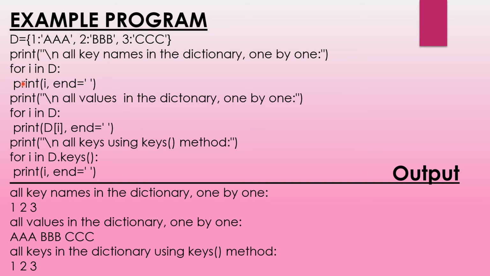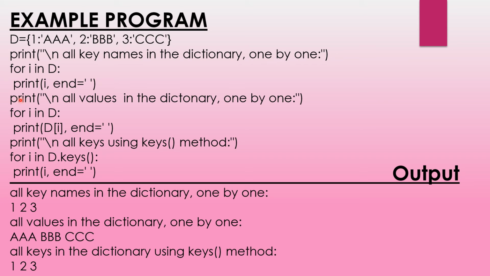As you can see here, print. So here we have to print i. So first the value of i will come as 1, then it will come as 2, then it will come as 3. As you can see here in the output, 1 is printed, then a gap is given, then 2 will come, then a gap, then 3, then a gap will be there.